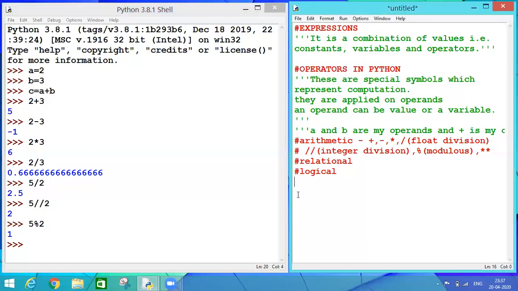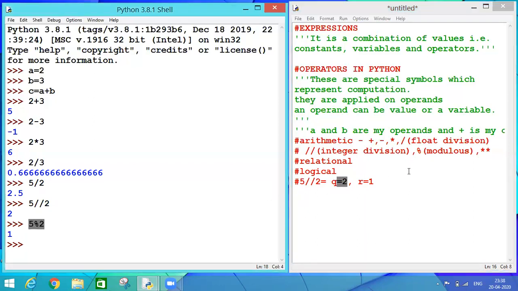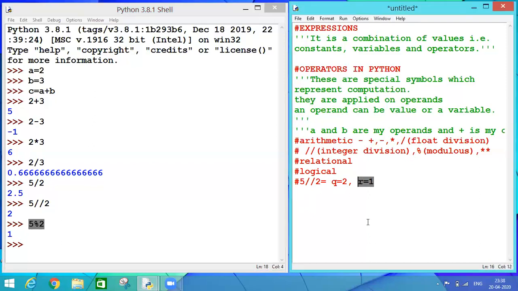Because when I divide 5 by 2, then if I talk about integer division, my quotient becomes 2 and my remainder becomes 1. So my integer division is taking the result of my quotient, and this modulus operator is taking the result of my remainder. This is the only difference.